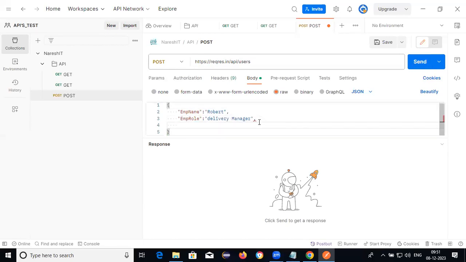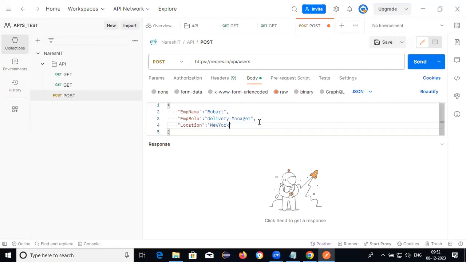And after that, what do I need to provide? Location. And which location is the employee in? The employee is in New York.